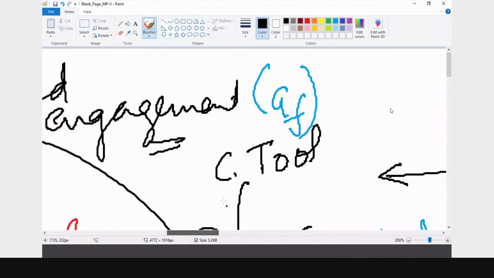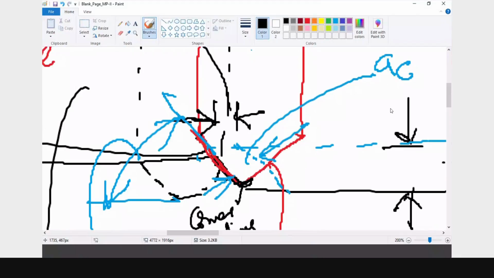So this one, let me change the color. The green, this is because of the workpiece which you are going to get, and the perpendicular to this one is the one you are going to look at. So this is AF, this will be your AC, and the angle we were talking about, you can always write like this.